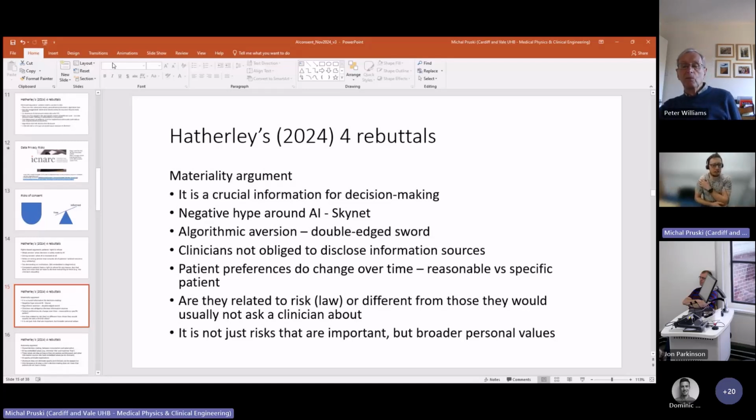Moreover, we generally don't ask clinicians about their sources of information. And again, I'll talk about this a bit more later, but if a patient was interested whether the clinician got this particular piece of information from an AI, would they ask them in what journal or in what circumstances did they learn something else about their care? Patients don't tend to quiz clinicians about from which textbook did you learn this fact, or which consultant told you that when you were a trainee, or other things like that.